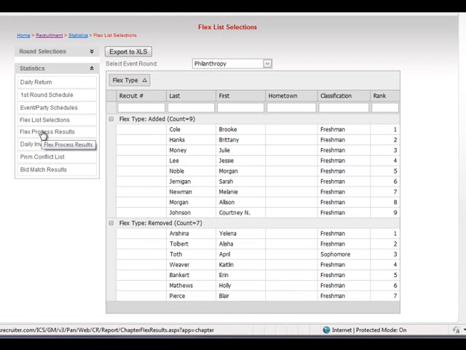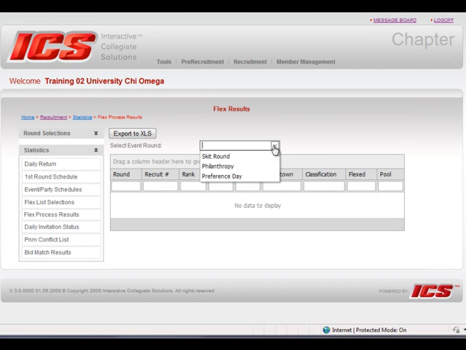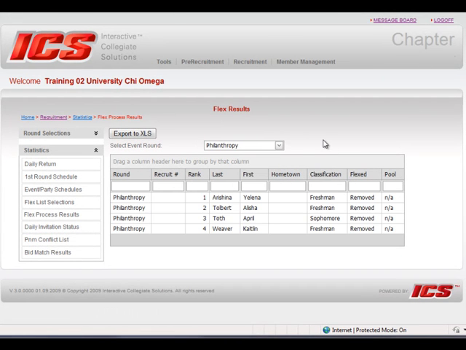If you go to the Flex Process Results, choose Philanthropy, you can see that the Council identified 4 PNMs to be removed, which was the first 4 you put in your Flex list, and this is a 1-to-1 ratio. If they've been identified to remove, in this case 4,